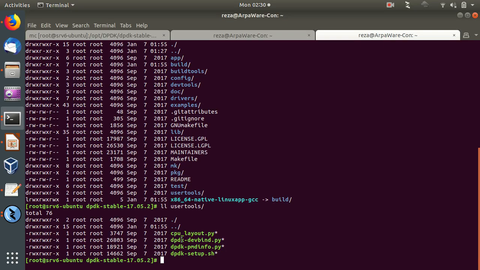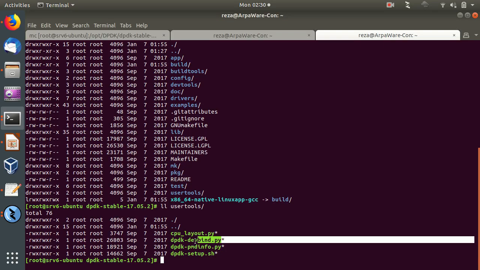So let's start with dpdk-devbind. devbind is a utility for binding the interfaces from the kernel, so taking it out of the kernel and connecting it to DPDK. So let me call that, usertools and dpdk-devbind. If we call it with --status,